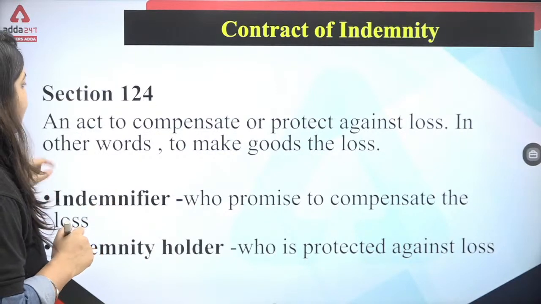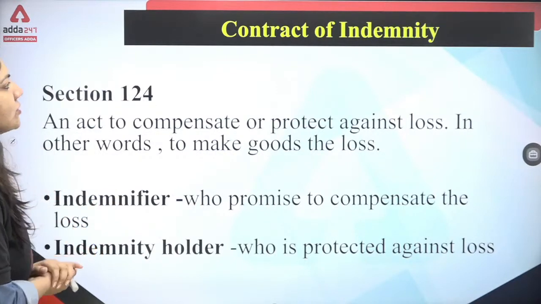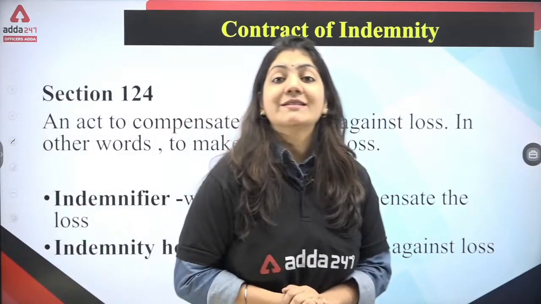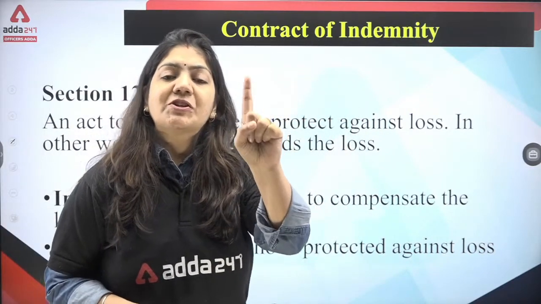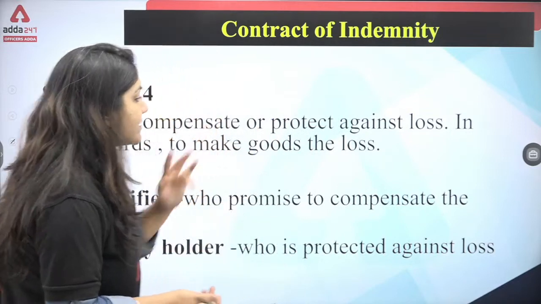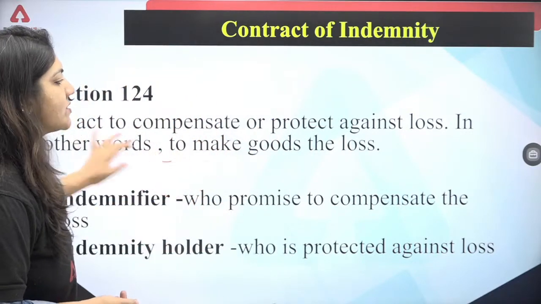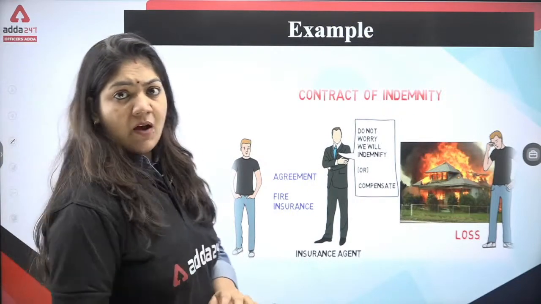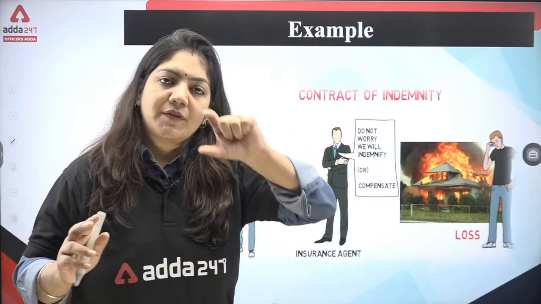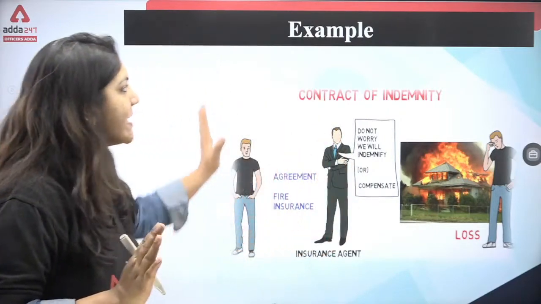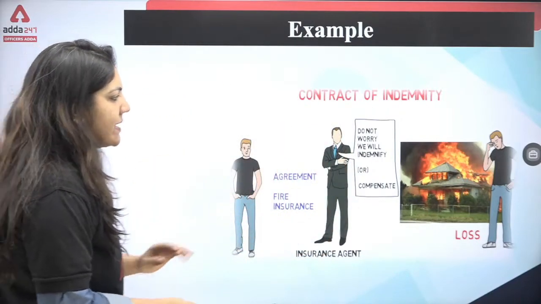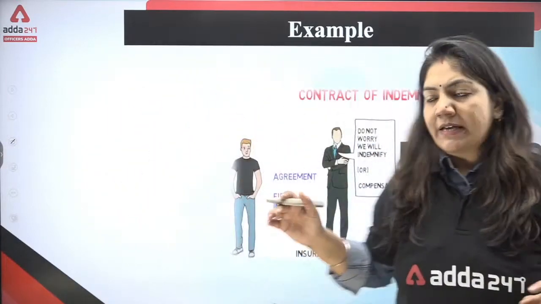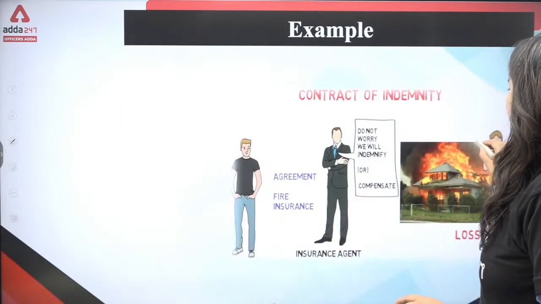See, the first one is contract of indemnity. Now, what is indemnity? That is the first special principle of contract. Before starting the definition, first of all, we will learn the example, then we will discuss the slide of the definition. Now, see, this is indemnity. Okay, this is a house. As you know, this house belongs to this person.